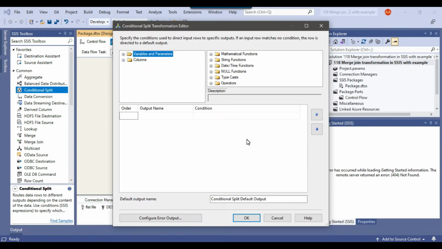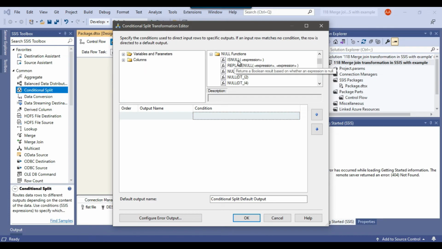If you remember, because we have used the left join transformation, what the left join does is it selects all data from the left table and only the matching records from the right table. So if the column from the right table has some non-null value, it means that the data got matched to the right table. And if the country column has some null values, it means that those records are the non-matched records, because those records in the SQL Server table did not get matched with the CSV file. That's why the data in the country column will be null.